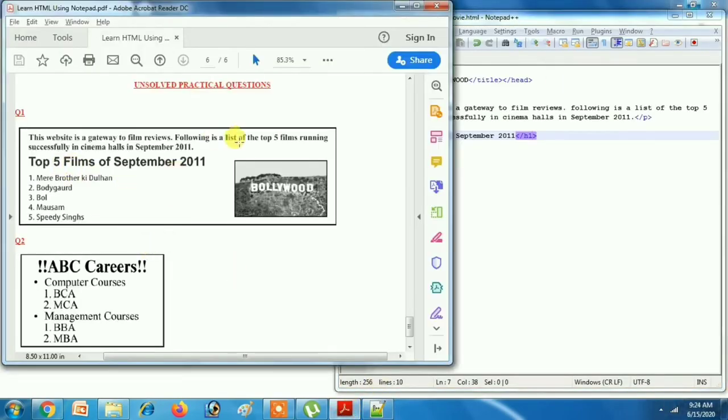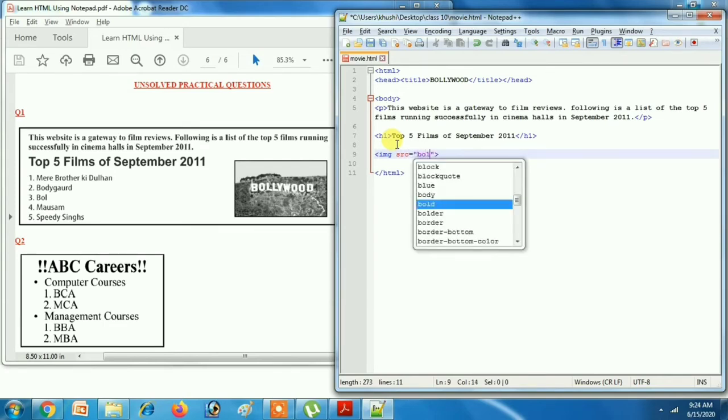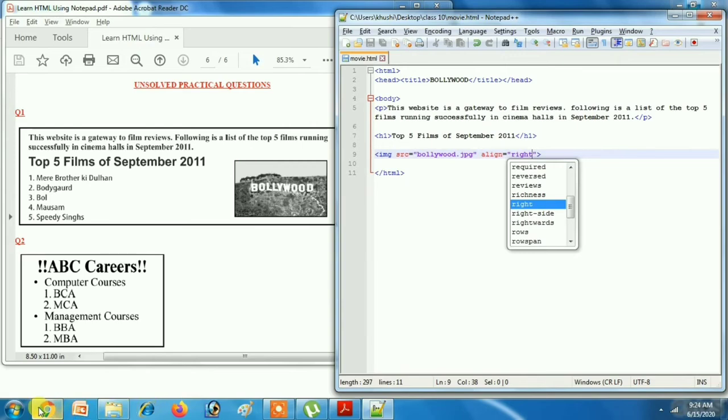Again let's see the screenshot. Here is the image on the right side. Got it? So I will put img tag. img src equals to, in double quote, the file name was bollywood.jpg. Okay, and it is align equals to right. Let's refresh.